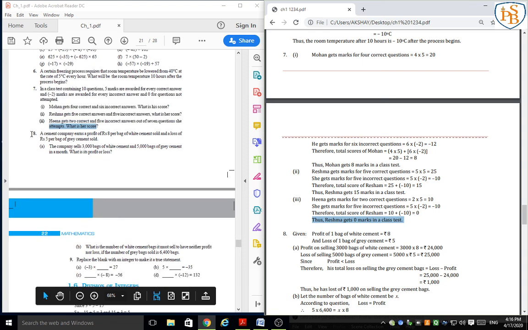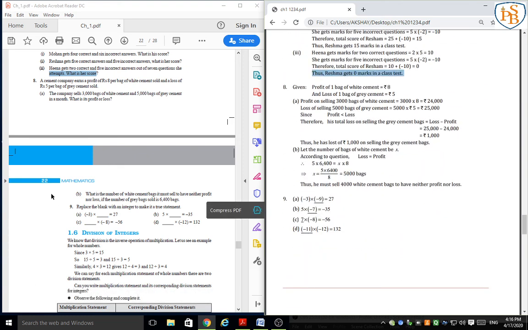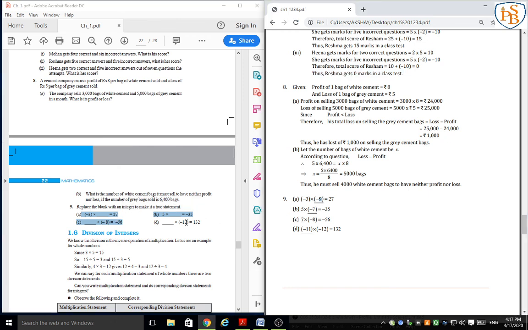As per that, you can solve this example 8. Try to solve it in your notebook, and you can solve this question number 9 easily. Look here, in question number 9 they give us a multiplication, but actually by the dividing process we can find the answer. Look here, -3 into blank is equal to 27. That means I have to divide 27 by -3, that is 3 9s are 27, so I have to write here 9, but the answer carries the positive sign. That means both integers in the question should carry the same sign. If 3 is carrying the negative sign, that means 9 also carries the negative sign.